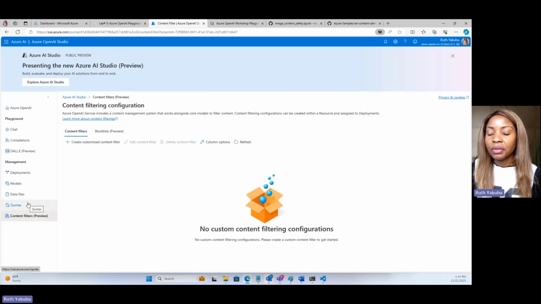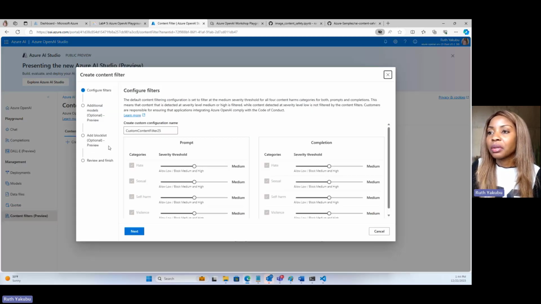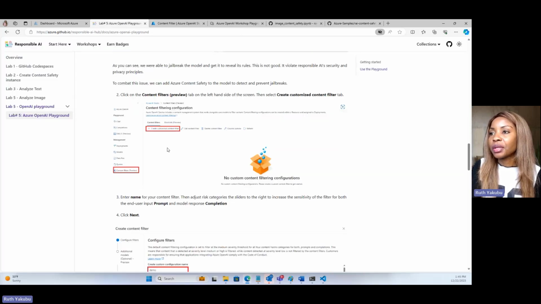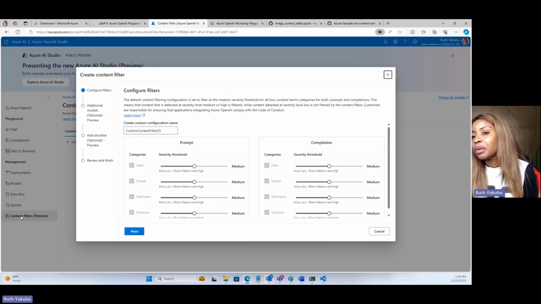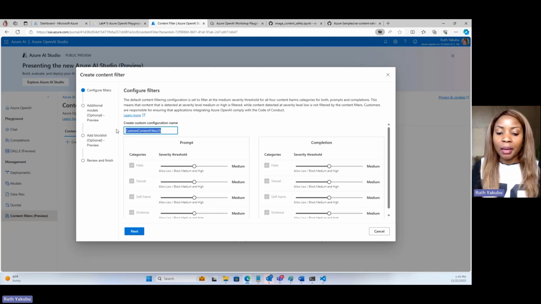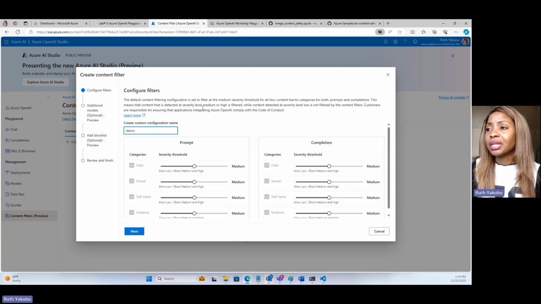So what we're going to do now is create an Azure Content Safety filter to be able to detect things like jailbreak and also the content. So if you go back to the instructions, it asks you to go to the content safety filters. So you click on that, it's gonna open this window up. So remember how we covered in the beginning in the slide deck, the capabilities of Azure Content Safety. You're able to adjust the threshold of